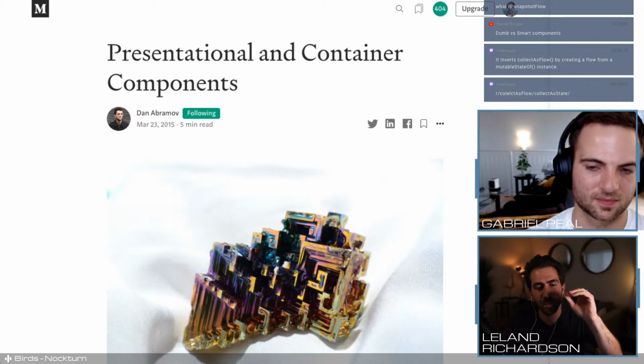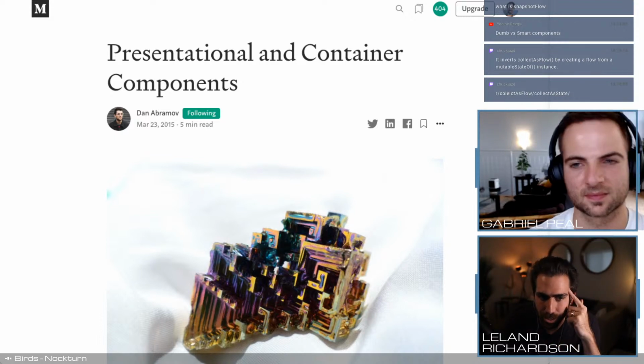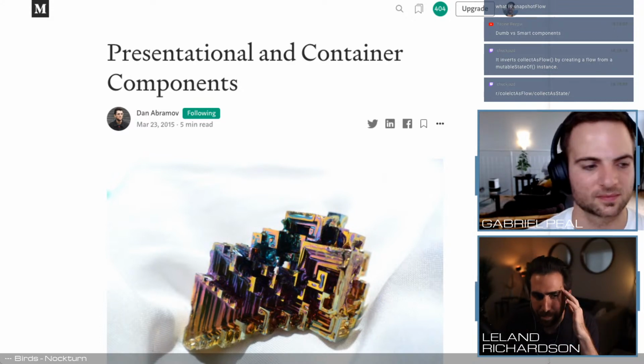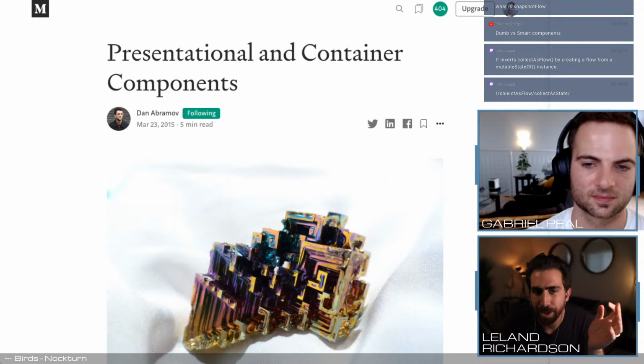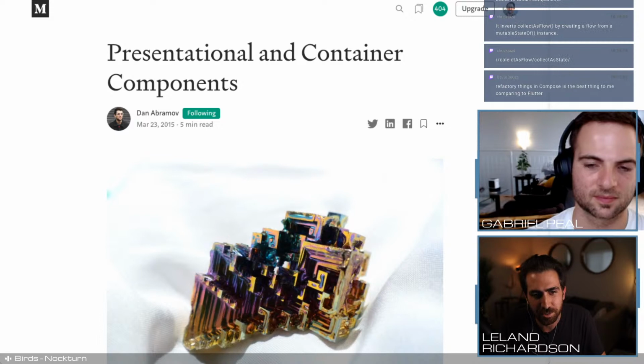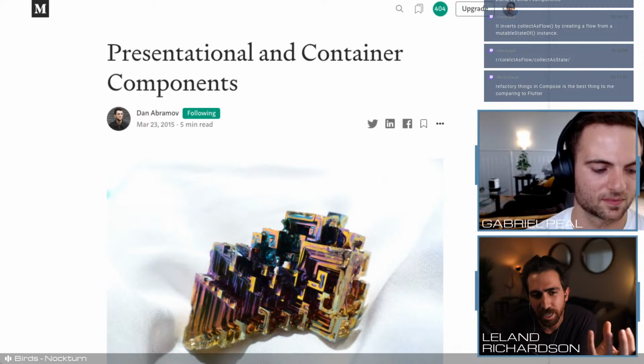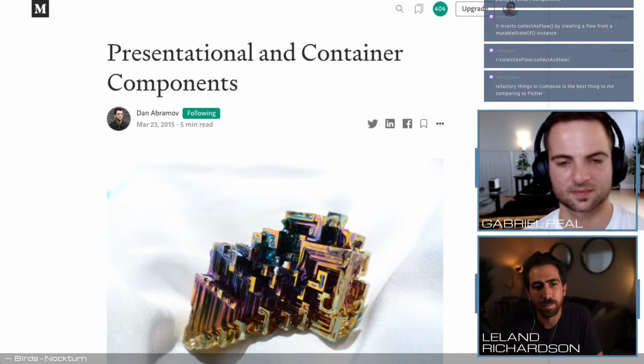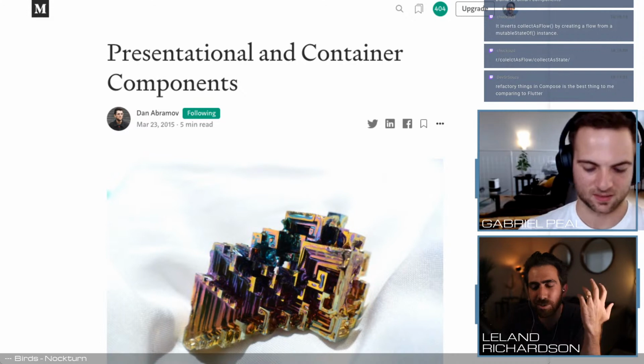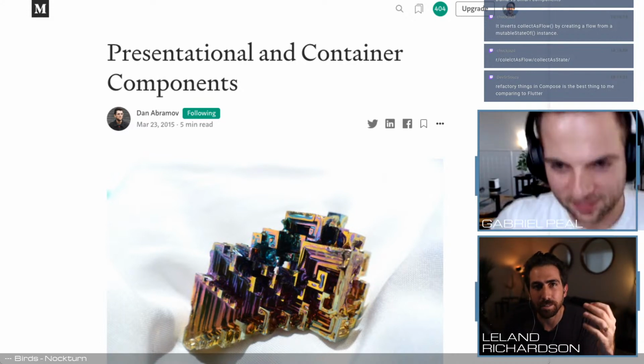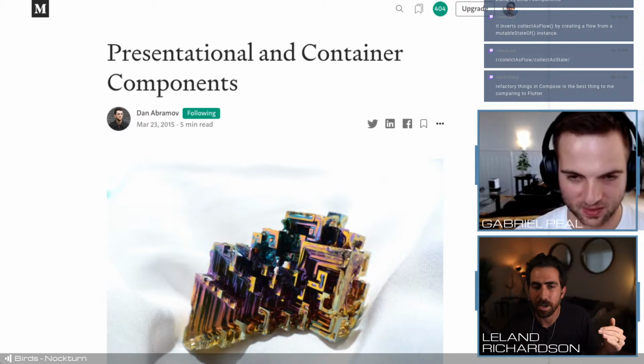One of the really cool things here with Compose, and this is true of React and other things as well, is that if something weird is happening, there's this cool power that I have inside of a composable function, which is any sort of interior that I have here, like inside column here. I've just selected everything inside of column. I can just block out everything that's in column, and this is